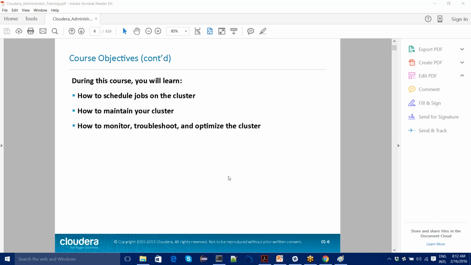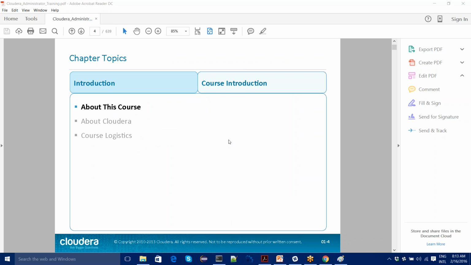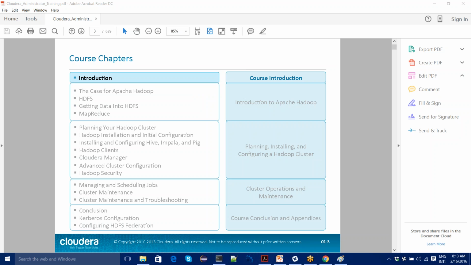During this course we'll be learning how to schedule jobs onto the cluster, how to maintain your cluster, and how to monitor, troubleshoot and optimize your cluster. We'll be dealing with the Cloudera training itself, using the same Cloudera slides, going through them one by one, as I've done earlier.